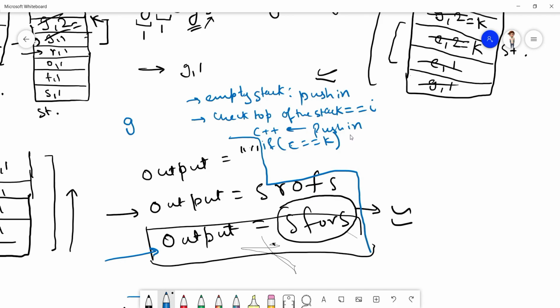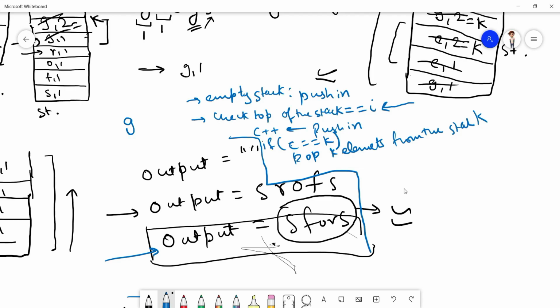If c becomes equal to k, pop k elements from the stack and we are done. So this part has been done.